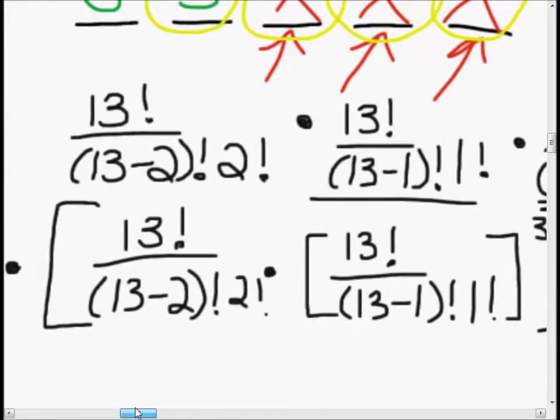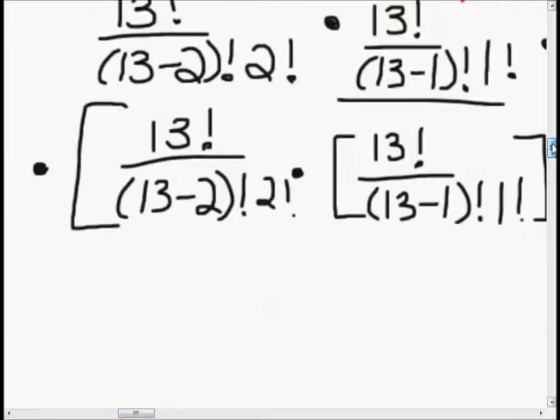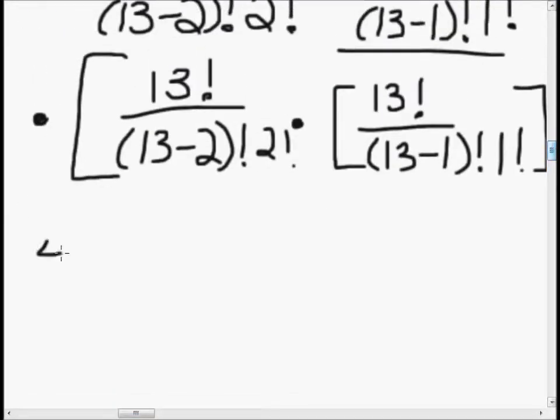And once we figure that out, that's going to be our answer. So let's go ahead and figure that out. So 4 times, and again I'm going to do this one a little bit fast, but I'm going to slow down a little bit because I think it's a little bit to get your brain around. 11 factorial over